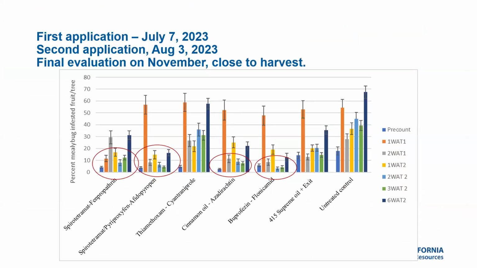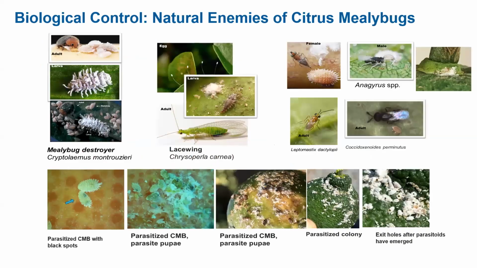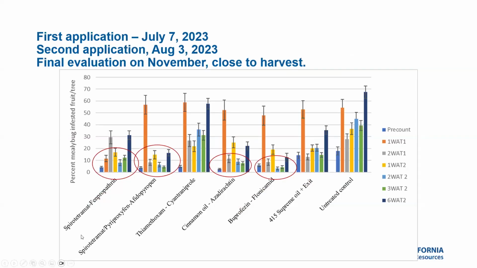So learning from that, we learned that one application is not enough. We need to make 2 applications to control mealybugs. So in 2023, that's what we did. We made 2 applications. First application in July, second application in August. And the final evaluation was done in November, close to harvest, to see what percentage of fruit would still be infested with mealybugs. And what you're looking at is the combinations that worked were spirotetramat,